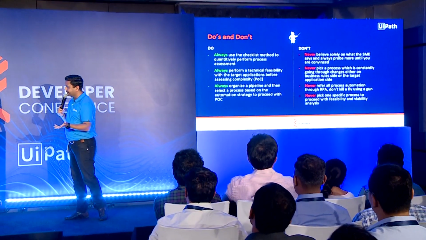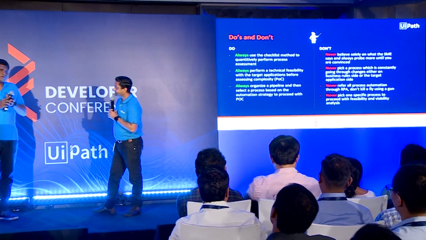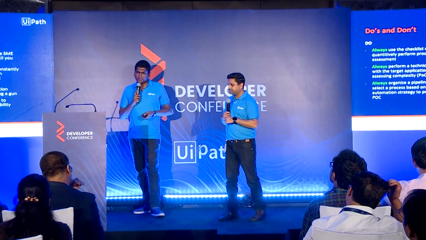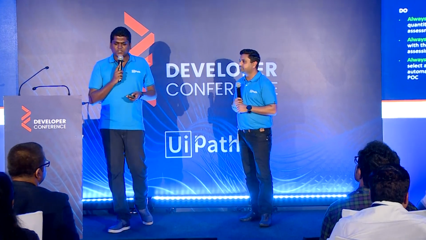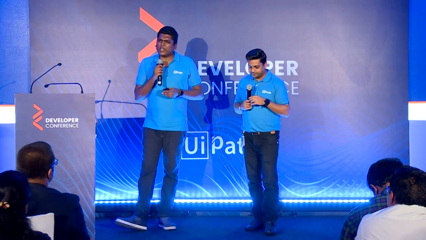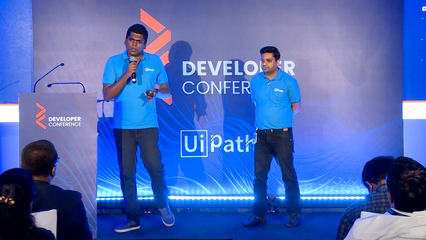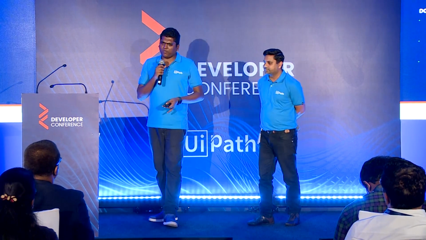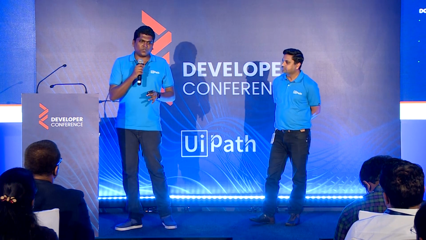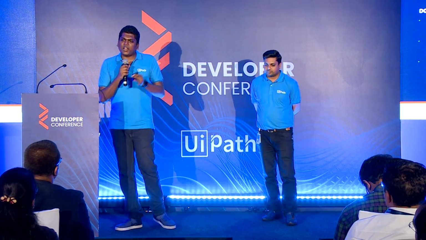So what do we exactly mean here? We have experience in many cases wherein organizations pick up a specific process and proceed with feasibility and viability analysis. The challenge is, if we don't have a pipeline and we are just picking one specific process and moving ahead with feasibility, the process may or may not be a better fit. It's possible that the process might go through a whole journey of transformation and re-engineering, and then RPA should plug in.